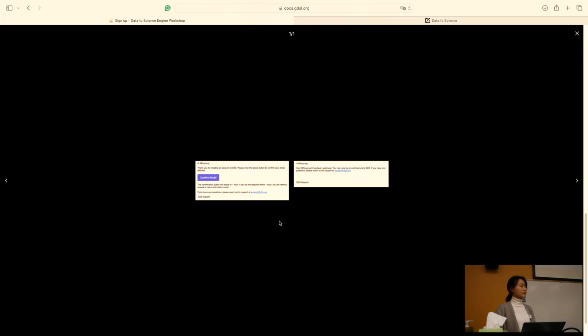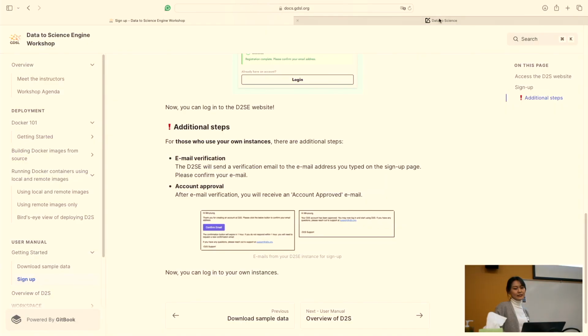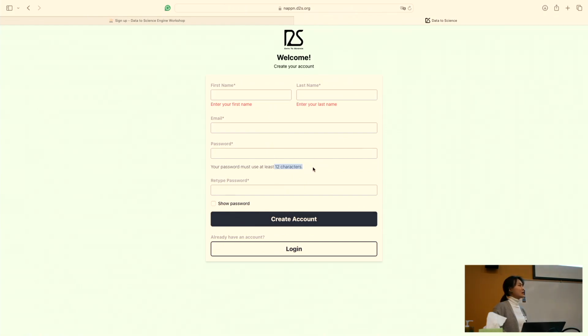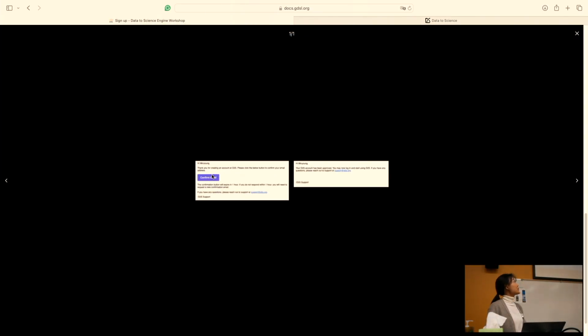I think the requirement is that your password should be a certain length, 12. You don't need to use any special characters. The only requirement is not to repeat the same character too many times. The minimum length is 12. When you click the create account button, you will get an email in your mailbox. It looks like this, and you will see this blue button. Click it, and we have another process to approve your account. So please click the blue button in your email. Go to Outlook and check your email, check your spam, or